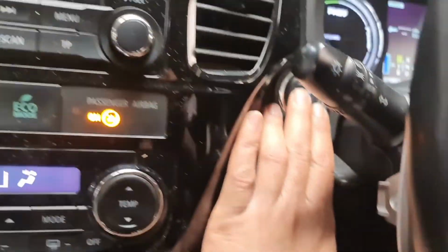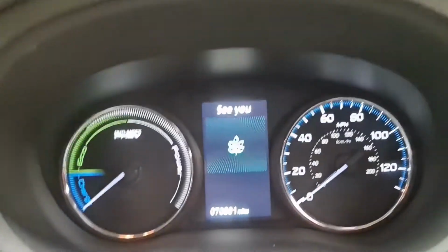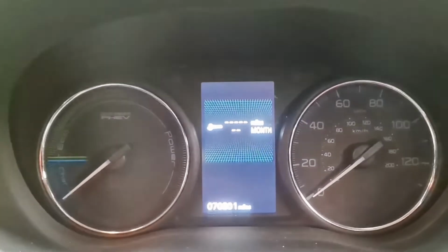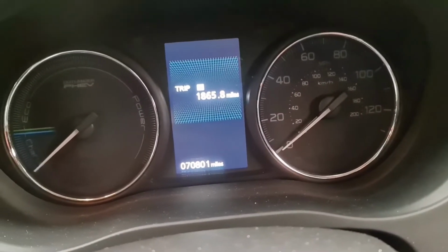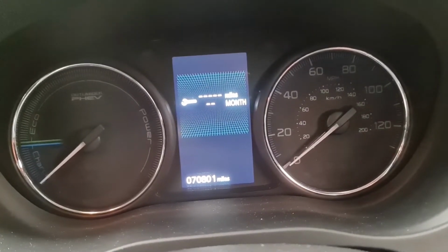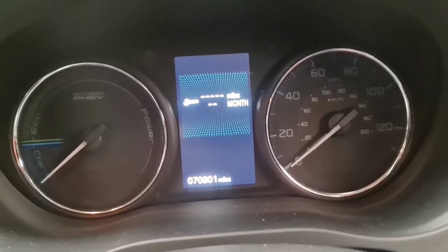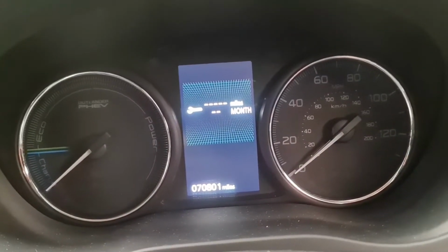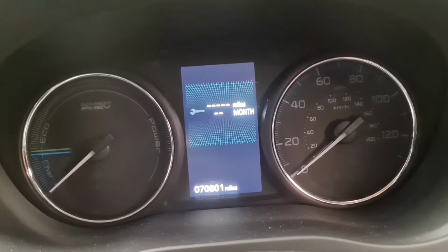So if I just switch the ignition off completely, I then press this button once, press it again, press it again, press it again, and then one more time. When I get to this, I need to press and hold that same button again till the spanner light flashes. I let go of the button, press it again,